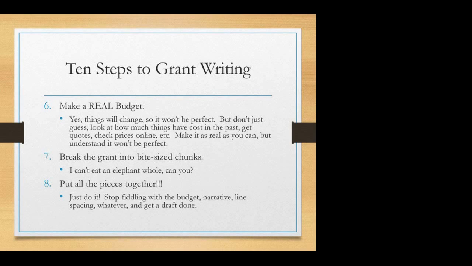The other thing is that one of the grant programs I work with that everyone is always interested in is the Value-Added Producer Grant, and the template alone is 63 pages. That does not include the government forms. People get really scared when they see that, but that's one of those grants that you need to bite into in smaller and smaller chunks. I can't eat a whole elephant, and you can't either. Well, not at once. I will, at some point in my life, I guess, consume enough food to equate an elephant, but not in one sitting. Grants are the same way.